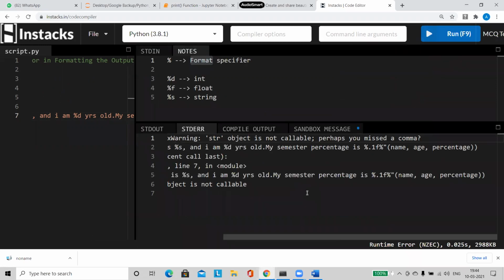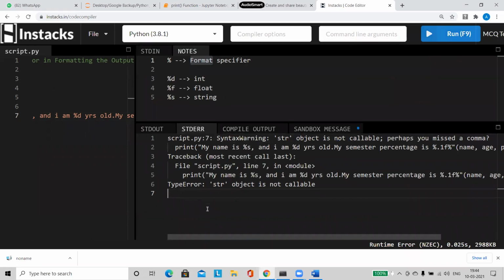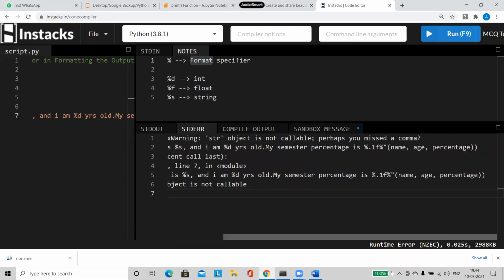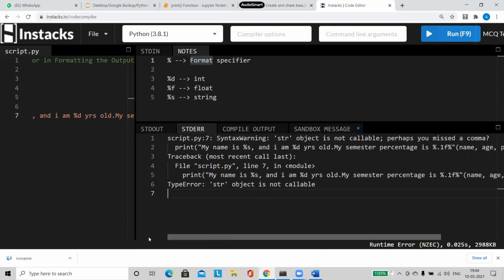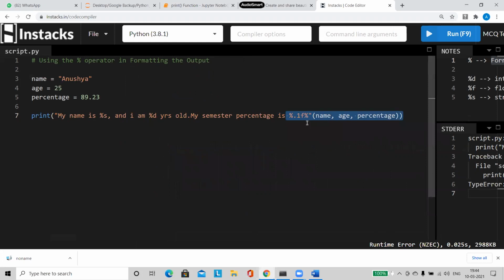Is it going through an error? See what it says again. Error. So it is not going to accept it at all. So a single percentage is not going to work for us. What we have to do is make sure that we are having a double percentage, then only it is going to show the percentage symbol in the output screen. That is why you are putting 2% here.